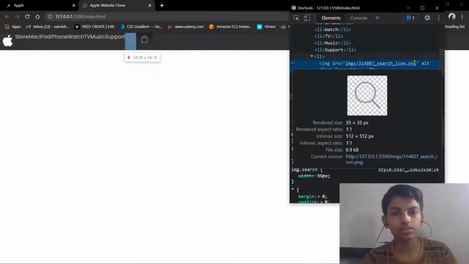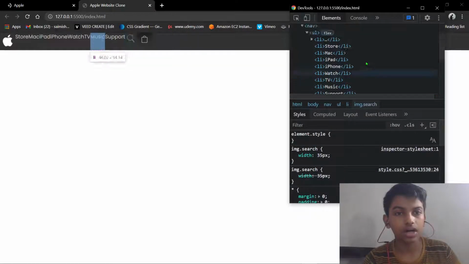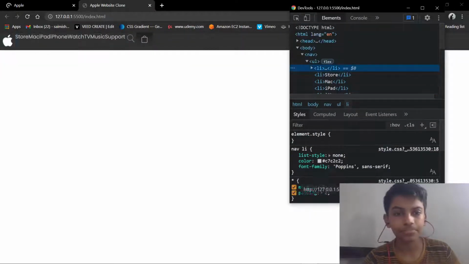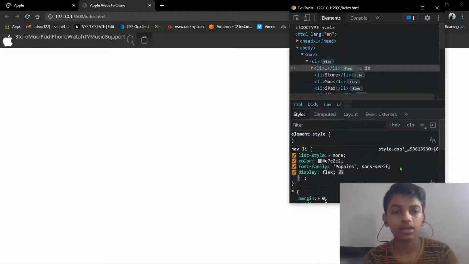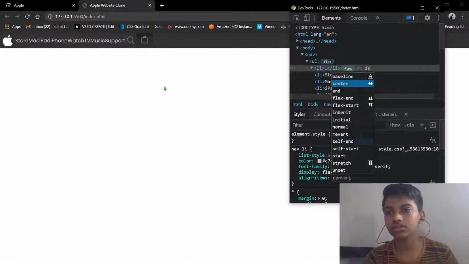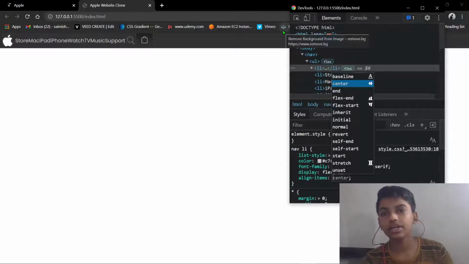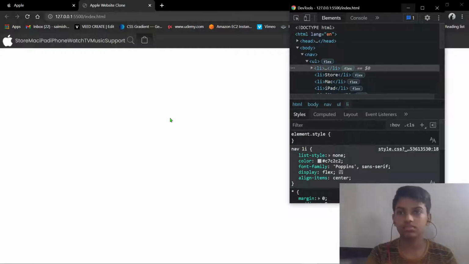Why is this okay? Alright, so I have to do something in li. You know what? I'll go to this li and I'll set the display as flex and align items center. So look, this will do the work. I mean, this will center all the contents in my li. So I'm going to use this one